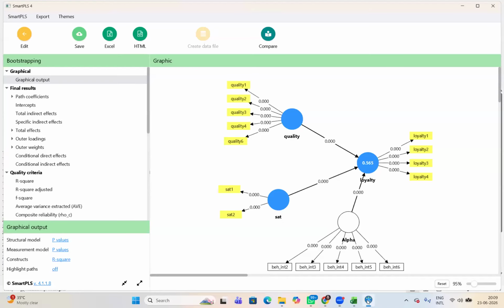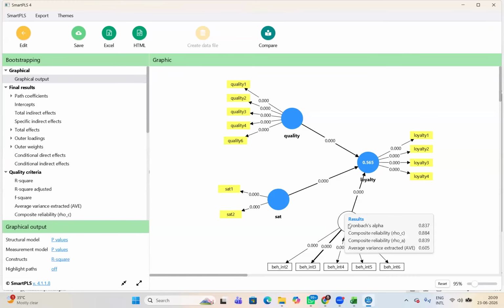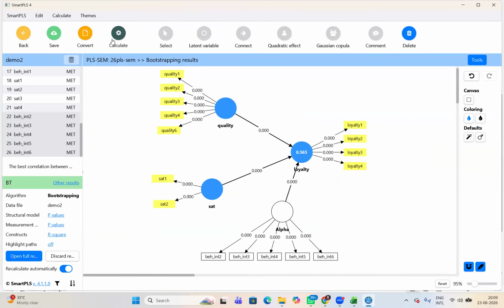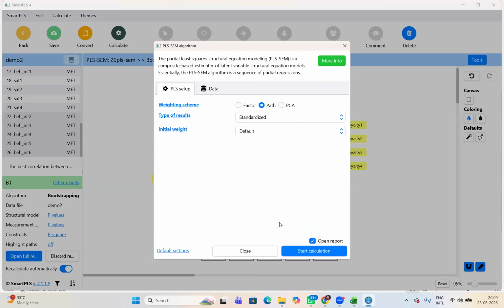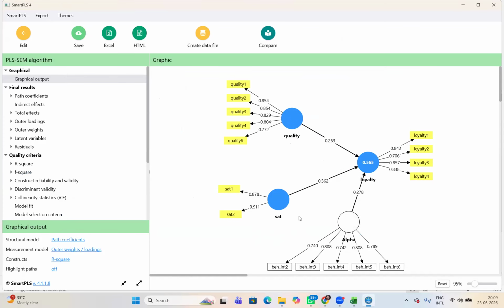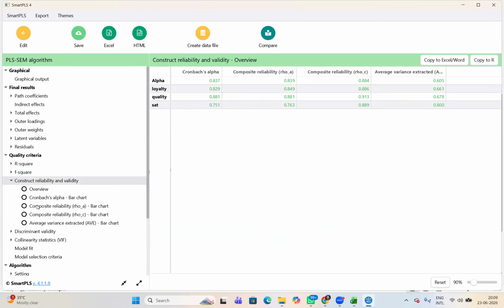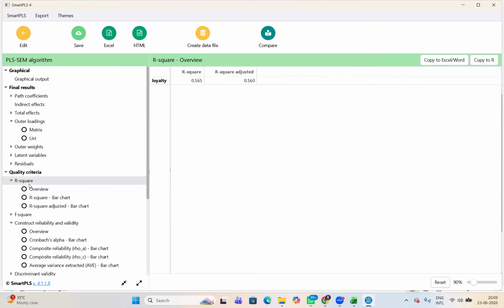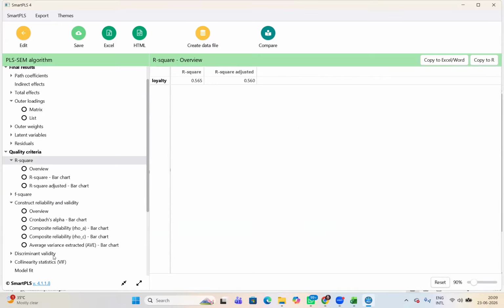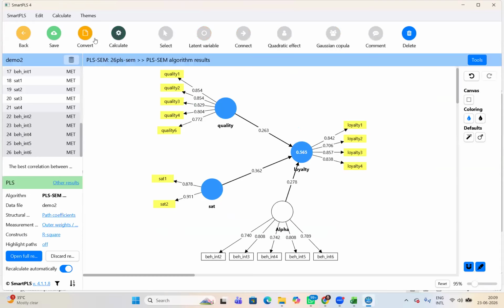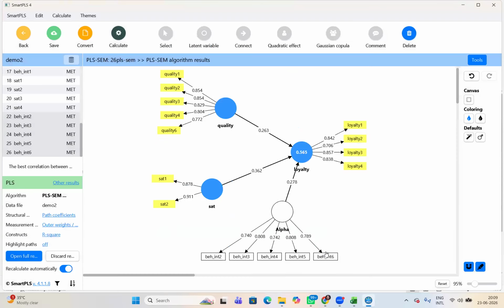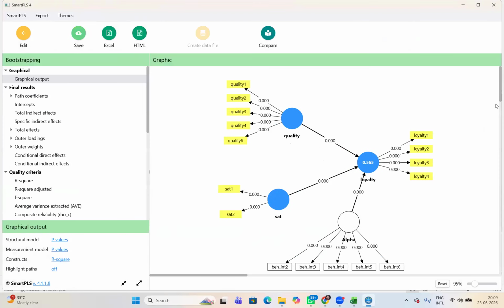So now I have extended this model to this. I have made one more variable, like behavior intentions. So I run the PLS algorithm start. So this is the value. Again, I have to check the construct reliability. If this is your model, this should be green. Loadings should be green. And R square value, this is this. And discriminant validity value is green. Then I am going to do the bootstrapping here, and for the path coefficients, the values should be green.